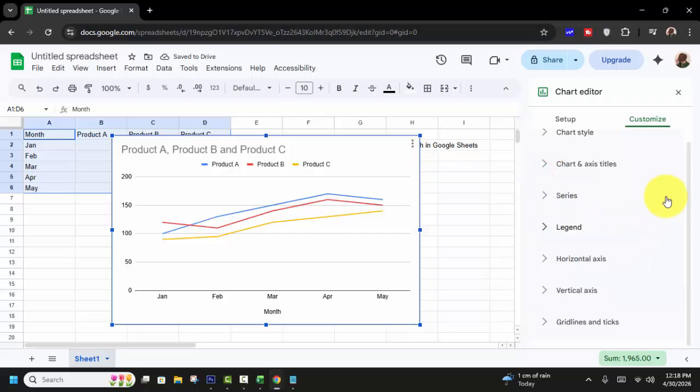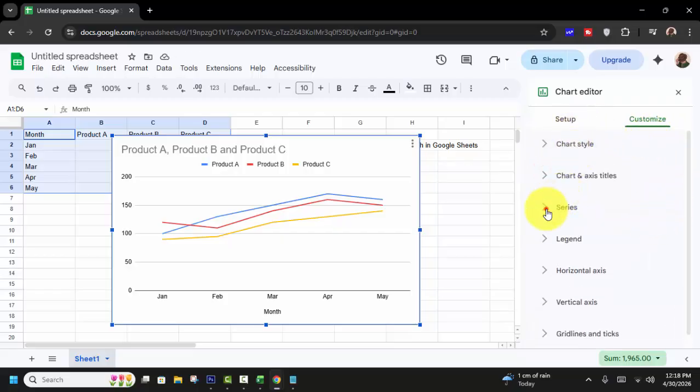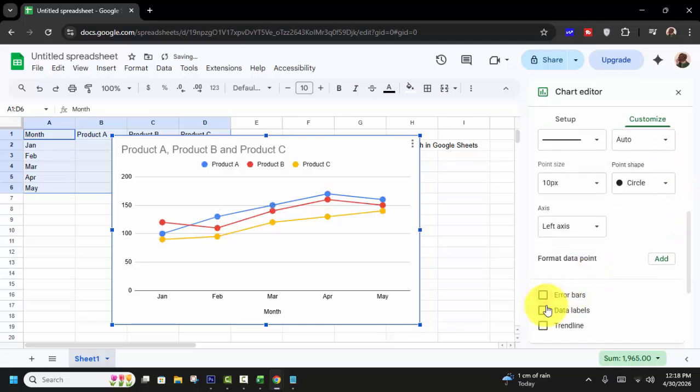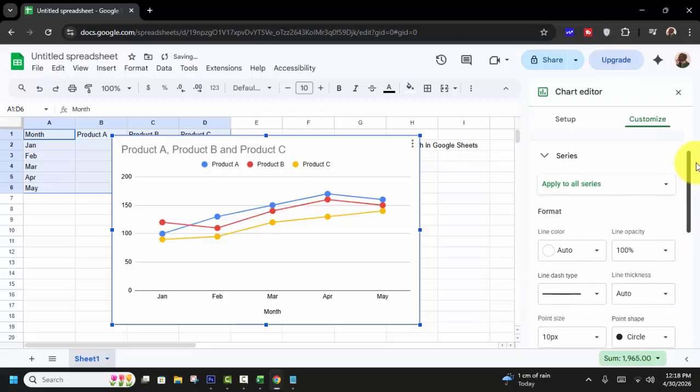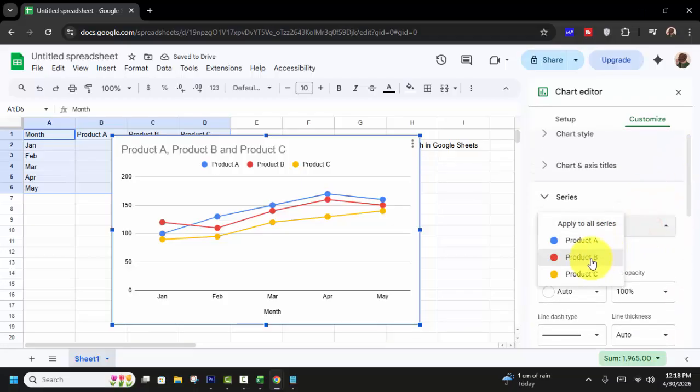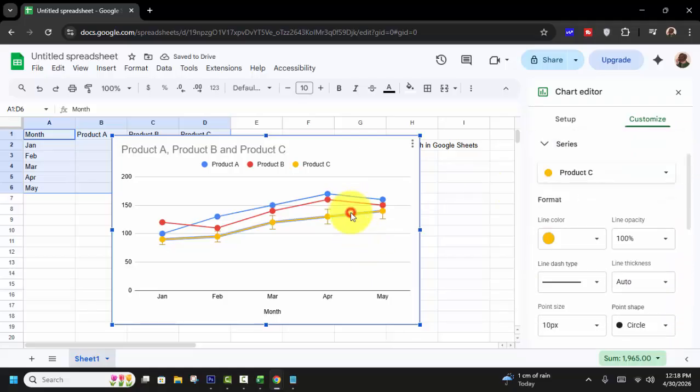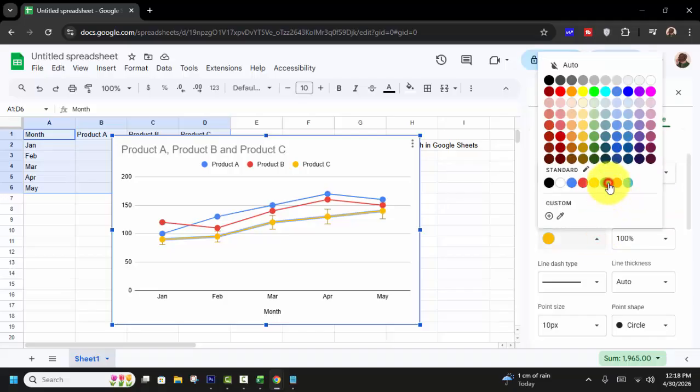Then series: apply to all series or use a specific series. For example, use apply to all series, error bars, data labels, or you can use a specific series. For example, use a specific product C, then apply error bars, data labels, trend line, OK, and change the color. Choose the line, use change color,